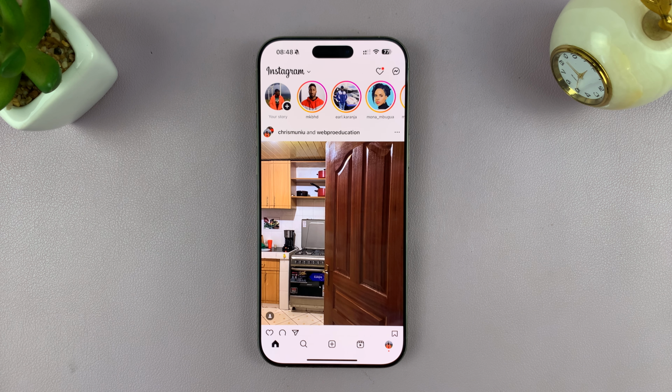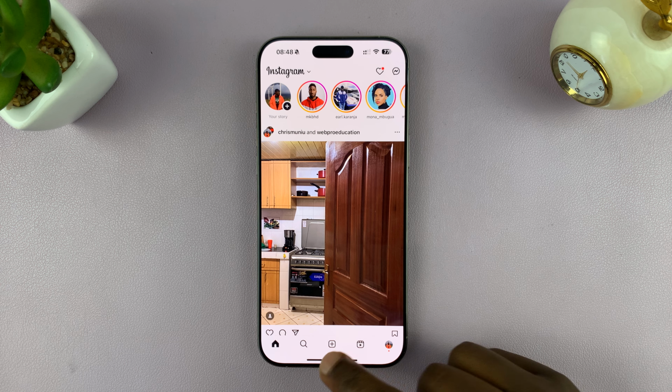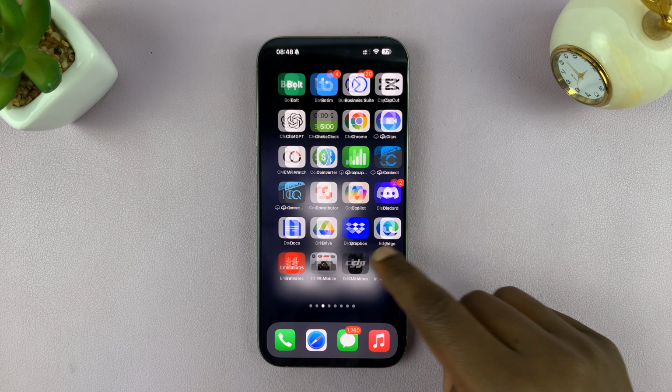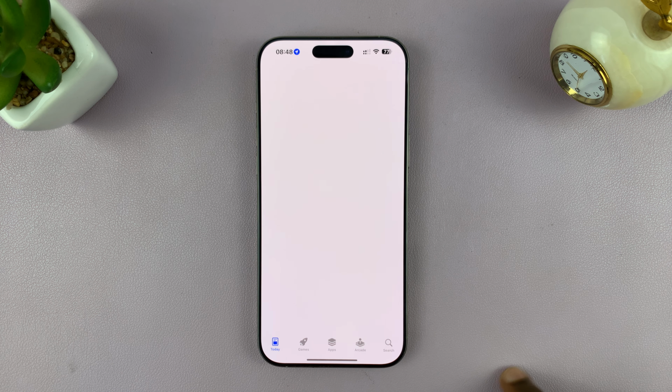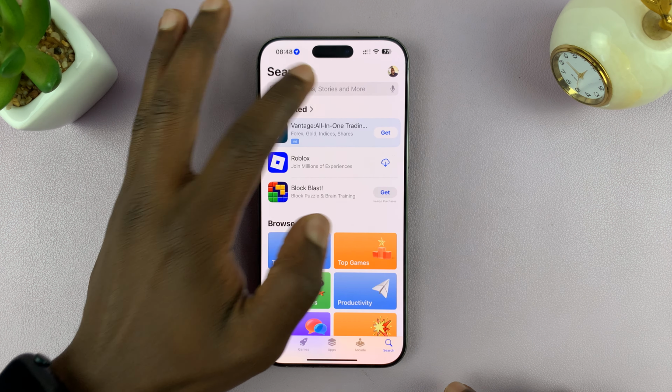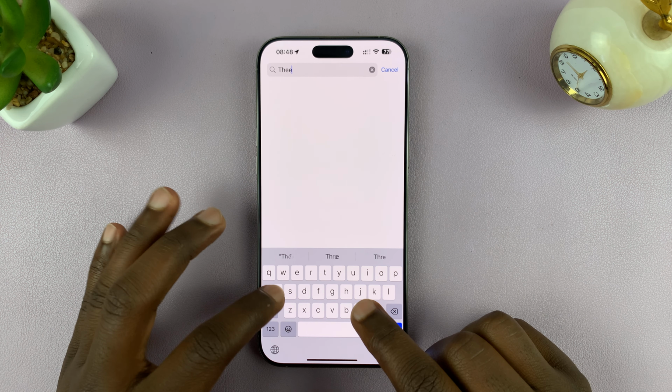So today I'll be showing you how to use Instagram Threads. So the first thing you want to do is go to your Apple App Store if you're using iPhone, or Google Play Store if you're using Android, and get the app installed. So just search for Threads,